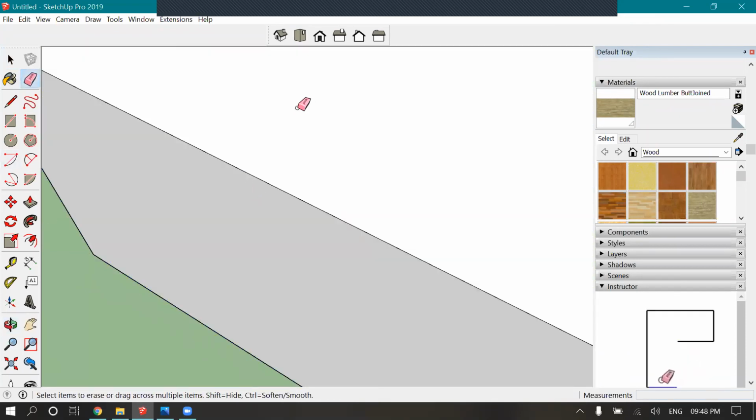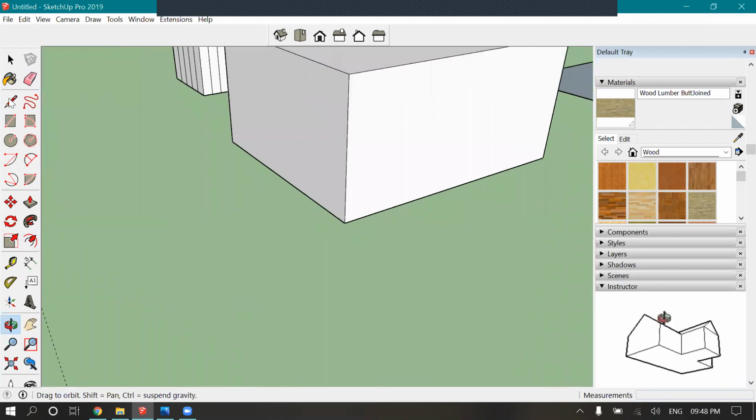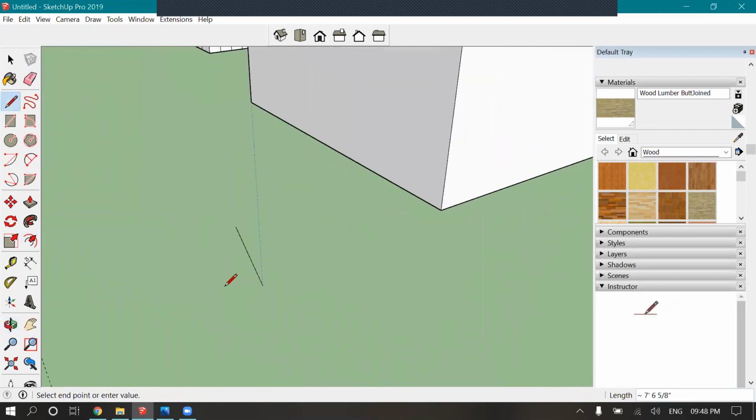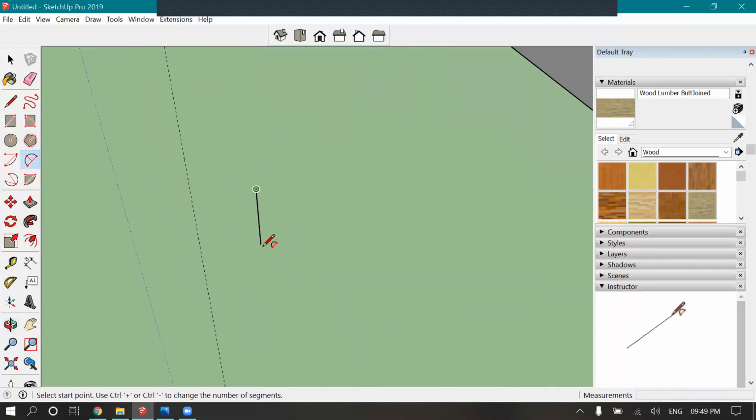Let's say this is the design. I need to copy this.